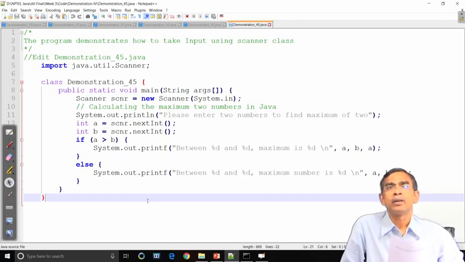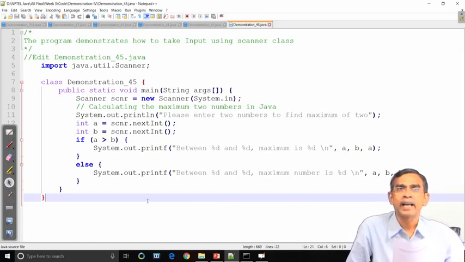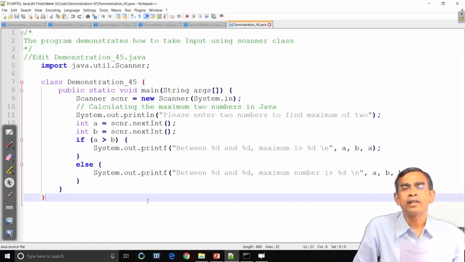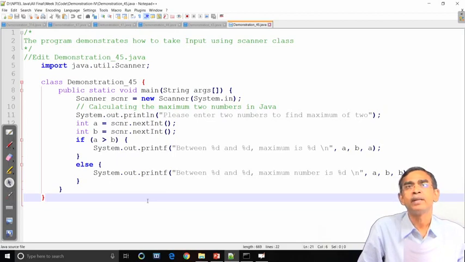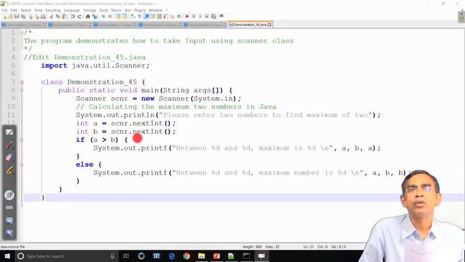Now, we would like to read two numbers from the keyboard using the Scanner class, and the scnr object will be ready to read input from your keyboard. This can be done by one method defined in the Scanner class itself, called nextInt.